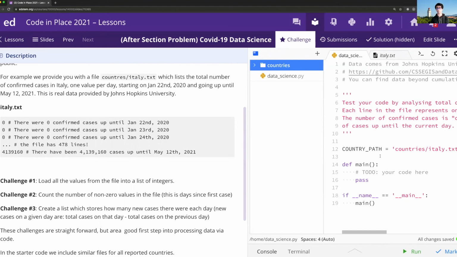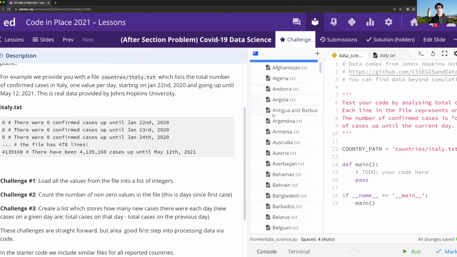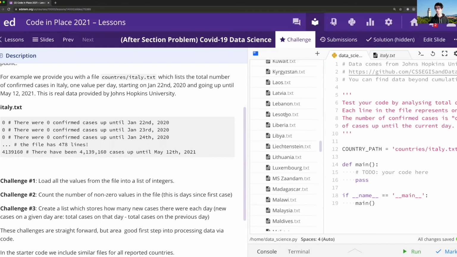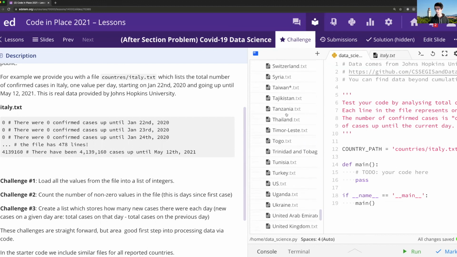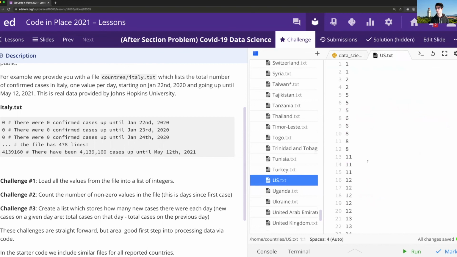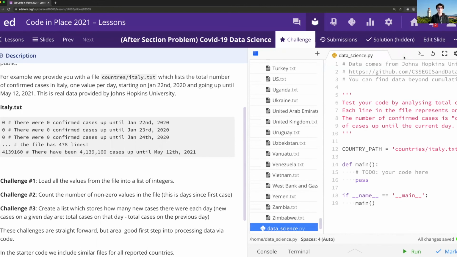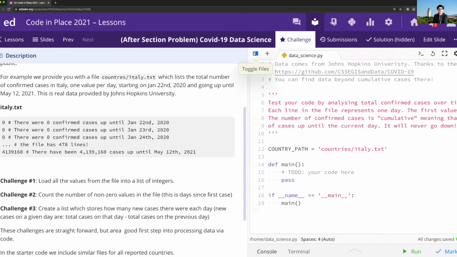Now over here, as an example, I showed you Italy, but like I said, pretty much any country on the planet, including most likely the country you're currently in, will have a file over here. For example, I'm in the United States, and let's see, yeah, there's the US file. So here's the US, and it just keeps going up, and these are the numbers for the US. So go ahead and choose to analyze whichever country you'd like, but really the big idea over here is that you want to be able to load the data that's in a file into a list in your program. And the reason you want to do that is because once you've got this data in a Python variable, you can start to do things like loop over the list, or index into the list, or slice out smaller lists from that list.